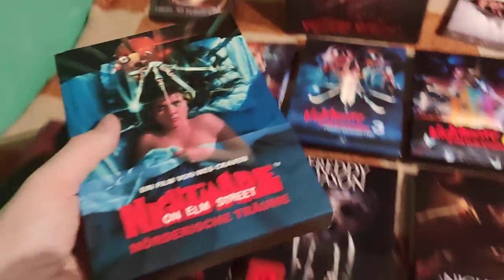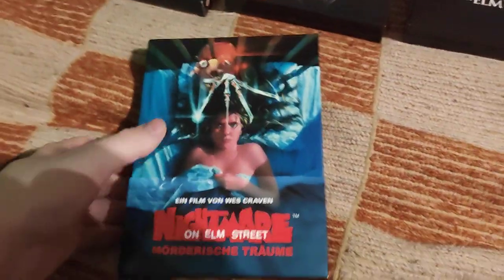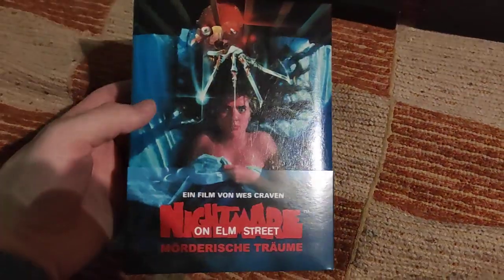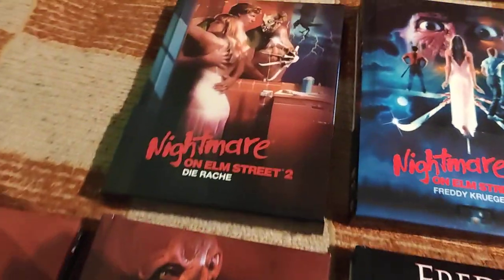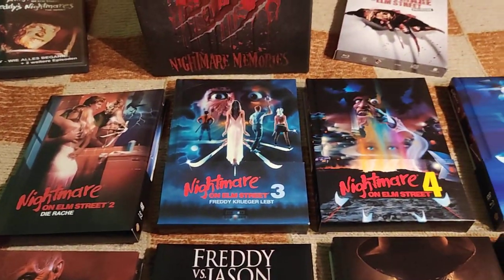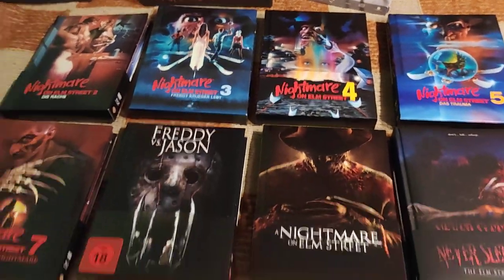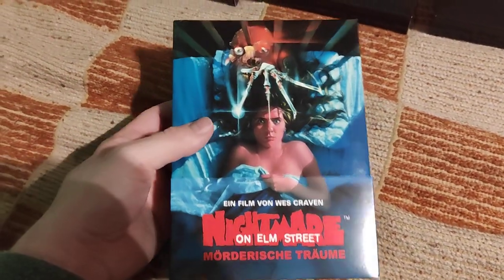Begin with Nightmare on Elm Street, the original movie, the classic movie. Some consider it the best. To be honest, I like some other sequels more. This is the parts 1 to 6. No, 1 to 5, right? 1 to 5 have the original poster artwork by Matthew Peak. And it's one of the reasons why I wanted to have these Mediabook editions, because I think it's just terrific